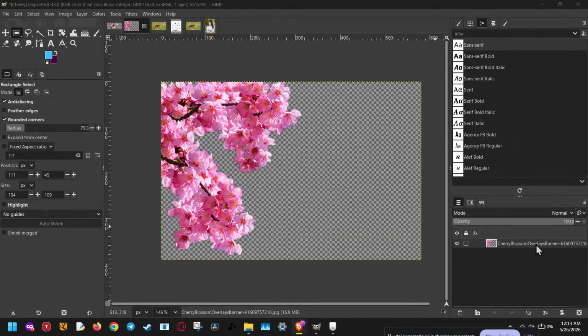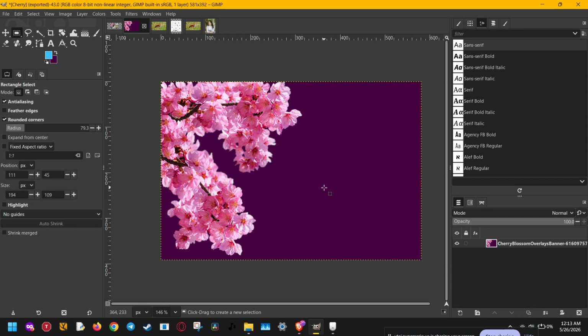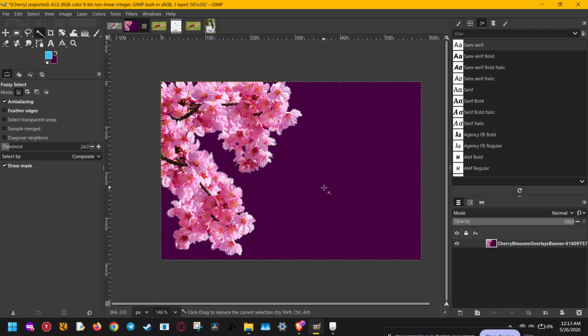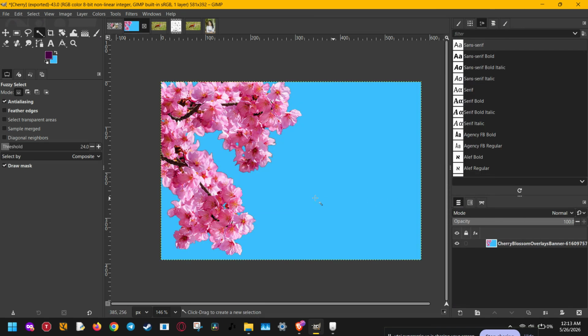Today, I'm going to show you how to outline images in Gimp using a simple method that works great for beginners. This is a really useful technique if you want to make an object stand out, add a border effect, or create cleaner graphics for thumbnails, social posts, or design projects. And the best part is, once you learn this workflow, you can use it again and again on all kinds